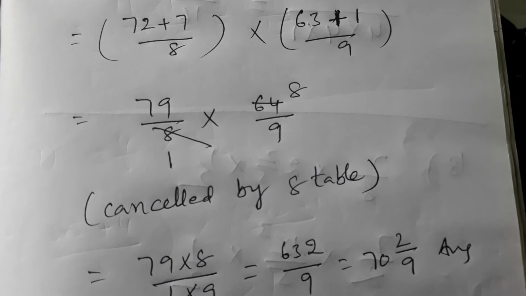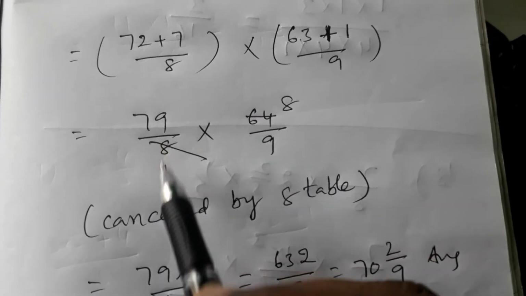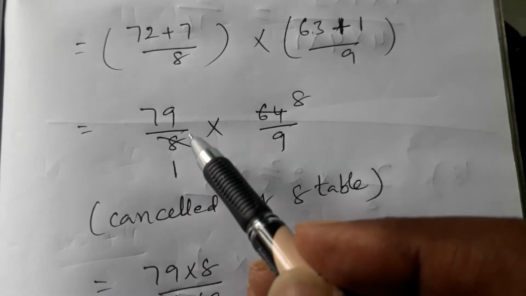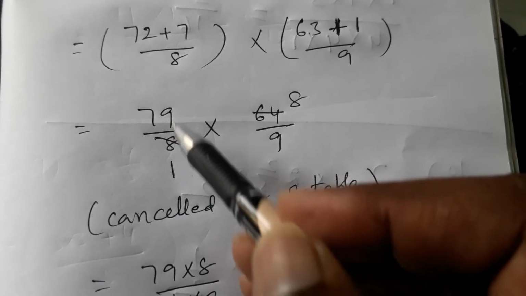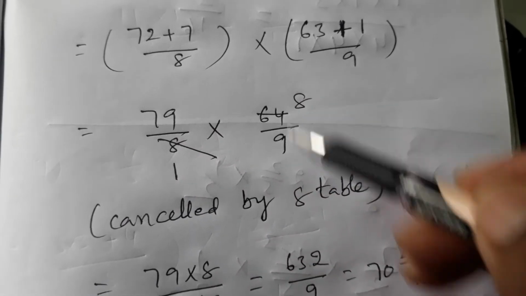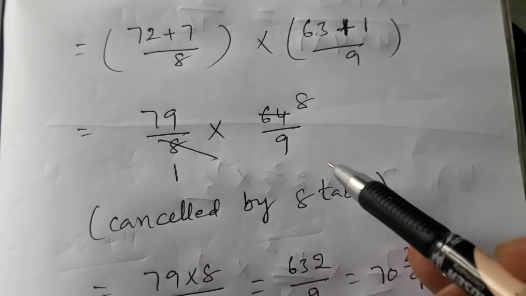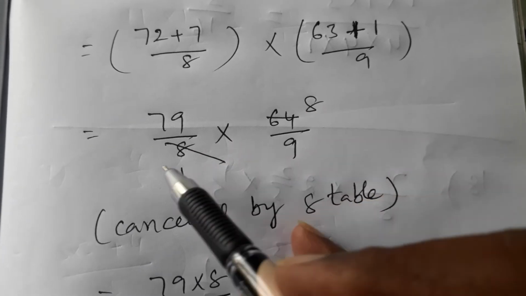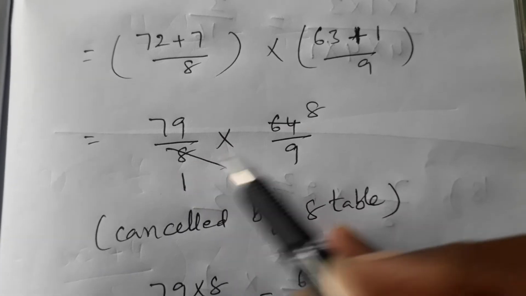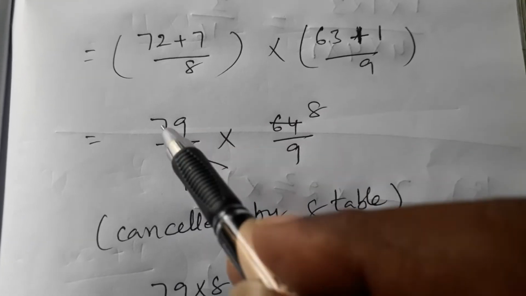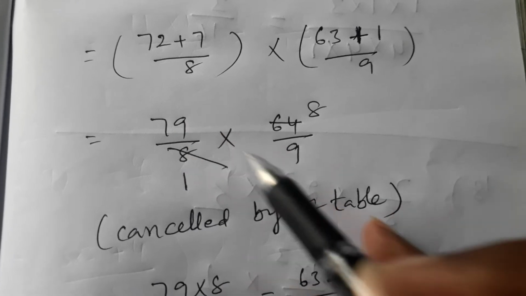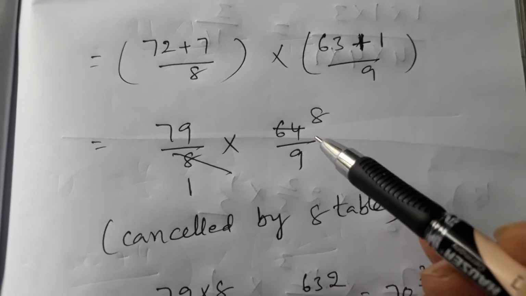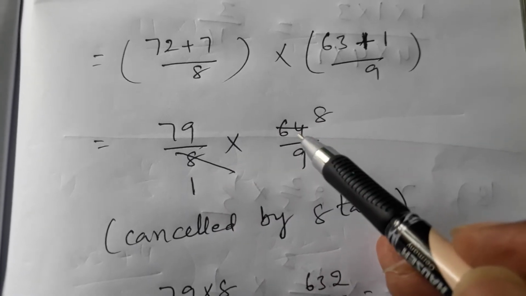When you are doing multiplication, we can cancel a numerator and denominator with the same table. We can cancel like this or like this, or in cross section also. Only for multiplication, as already repeated. We can cancel in cross section also with the same table, if possible. When the same table is possible in two numbers, you can cancel.